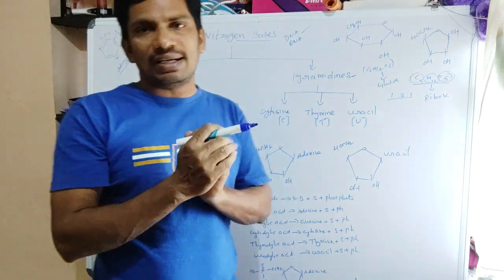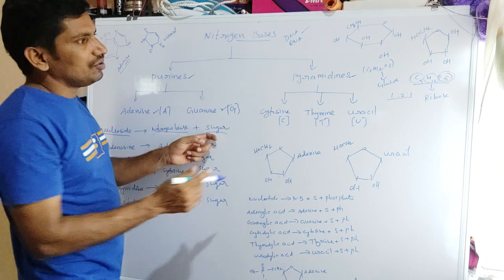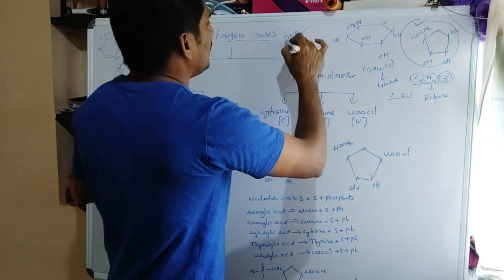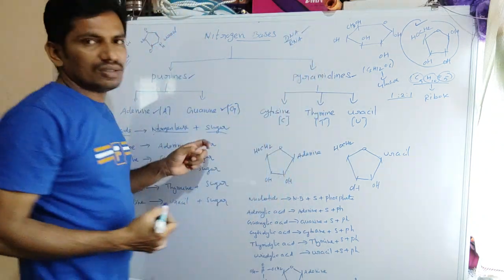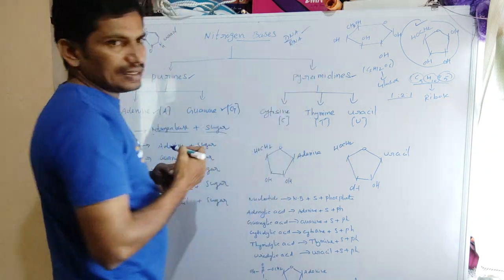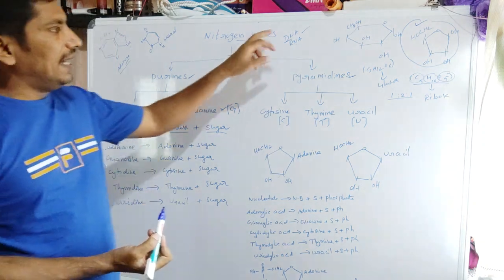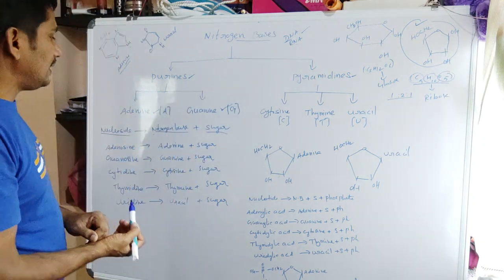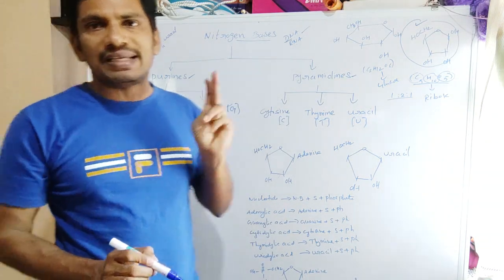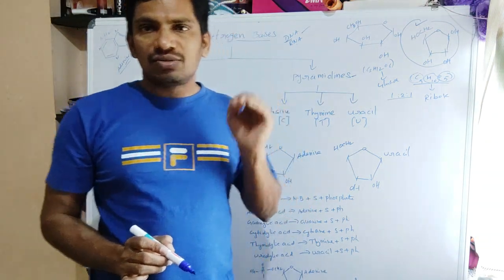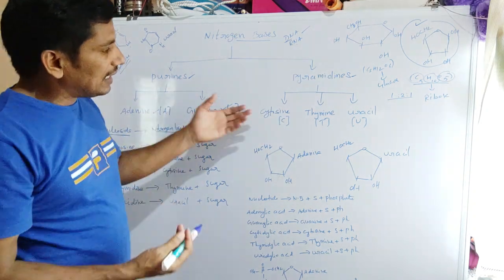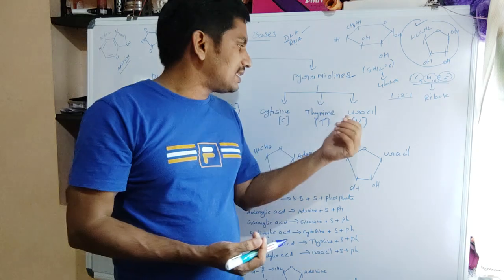Usually it's a ribose sugar, because of the deoxyribonucleic acid and ribonucleic acid. That's the reason nucleoside consists of the nitrogen base plus sugar molecule. For the sugar molecule, one nitrogen base, which is adenine, guanine, cytosine, thymine, or else uracil, whatever